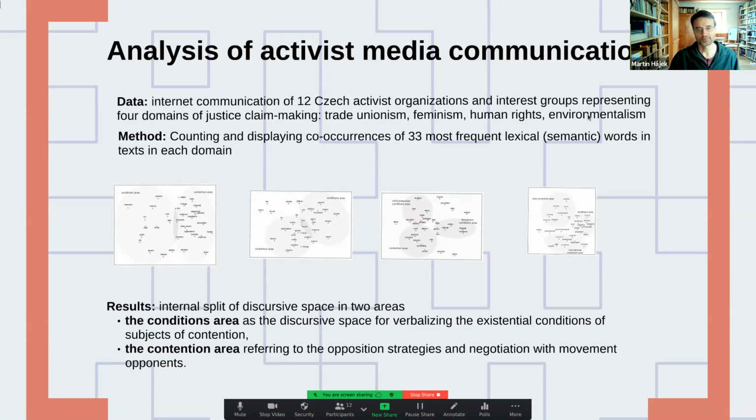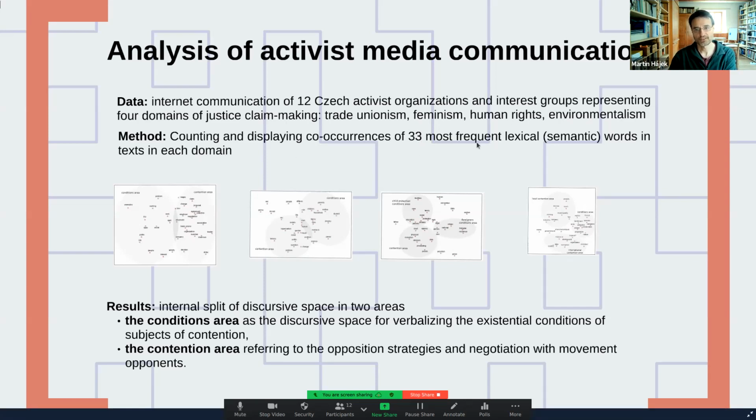And our research question was if there is any discourse or some discursive structure typical for this justice claim making. So our research question was, is there any justice claim making discourse? Is media communication of justice claim making organization structured in a similar way? So we can say that there is regular distribution or allocation of words within this discourse, and we used just